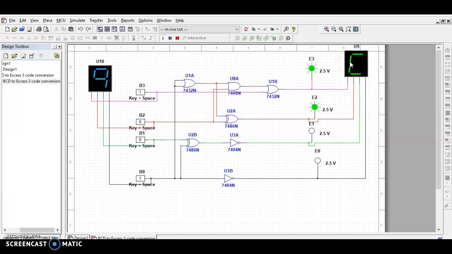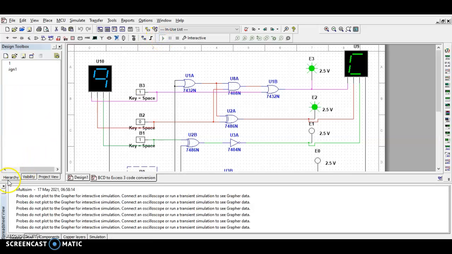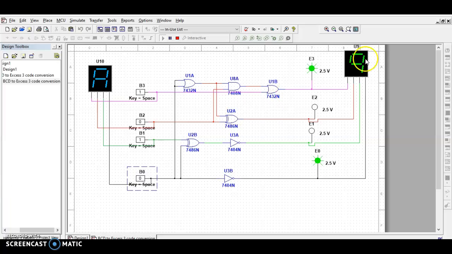It is in hexadecimal form, C. After 9, suppose I give input value 10. We got an output, but it is actually invalid. Something we got, but it is a don't care function.